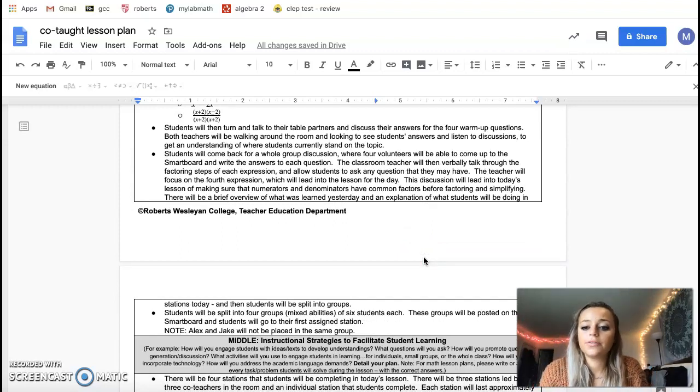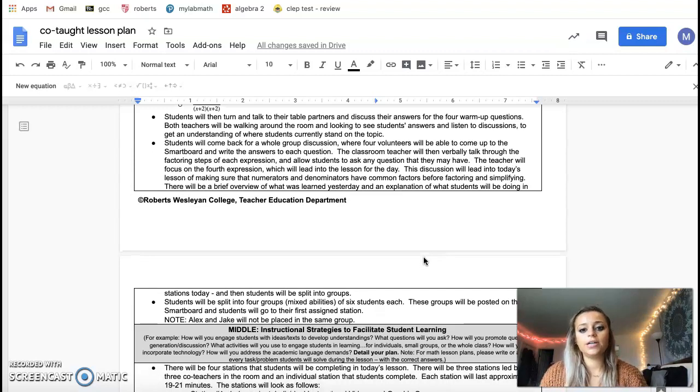So then after they have time to turn and talk, students are going to come back for a whole group discussion where 4 volunteers are going to come up to the board and the smart board and write their answers to the questions. The classroom teacher after that is going to verbally talk through factoring steps of each expression